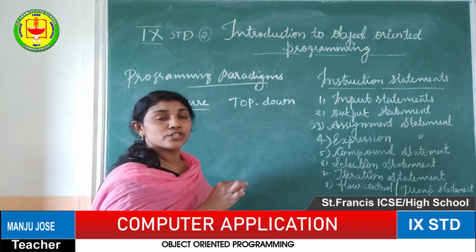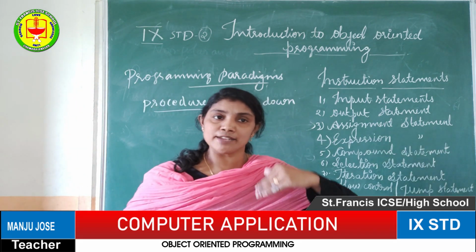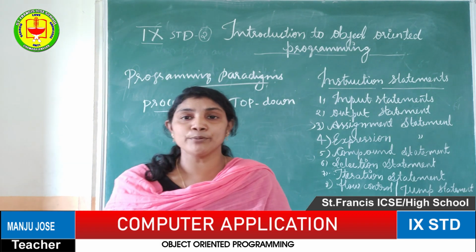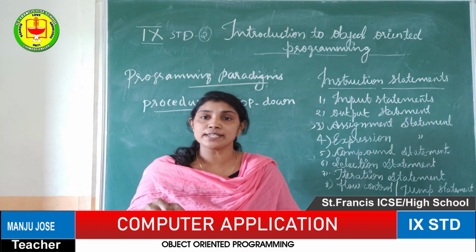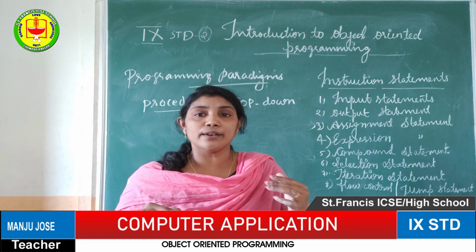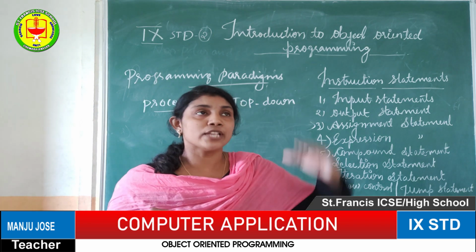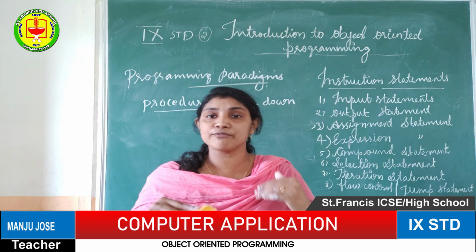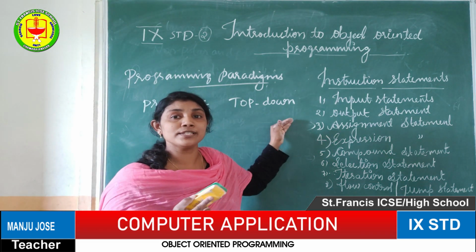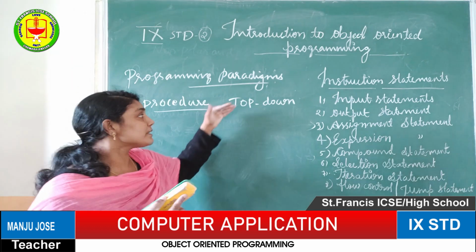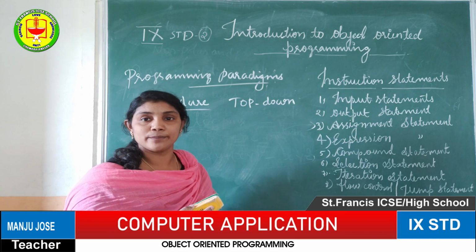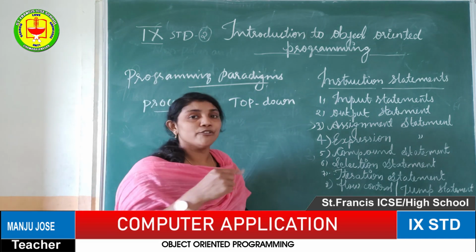Top down approach. Yesterday we already explained how a manual system is converted to a computerized format. Before going to computerized, we gather the information from the source and check it, isn't it? We need to collect the entire information first, and only afterwards we start to write the program. That methodology is known as the procedure oriented method. That means top down, the complete execution goes from top to down.